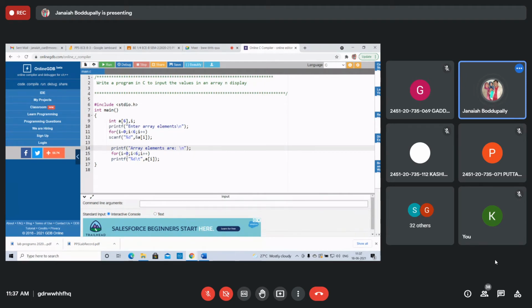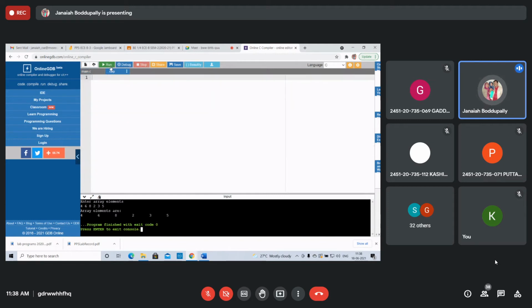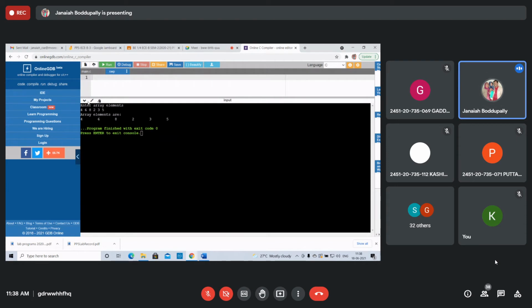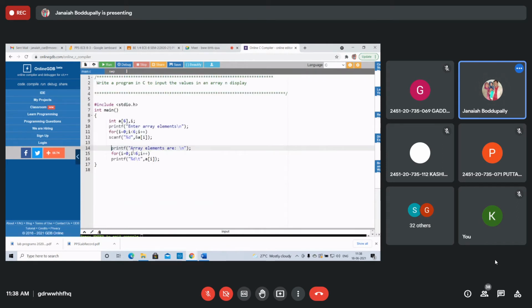Now see. Enter array elements. I'm giving 4, 6, 8, 2, 3, 5. Six elements have been given. Array elements are 4, 6, 8, 2, 3, 5. That's it, six elements have been taken.